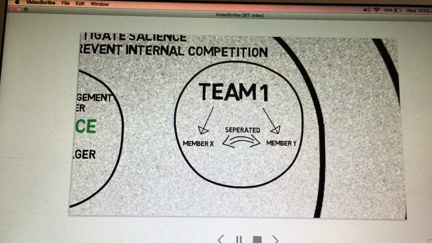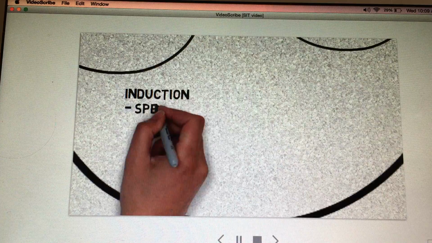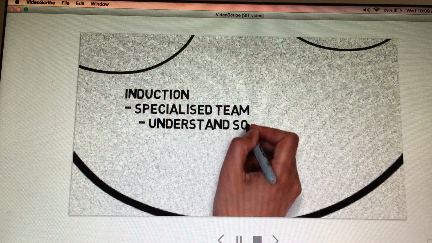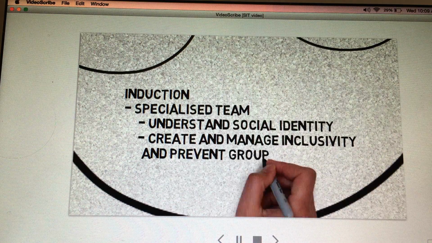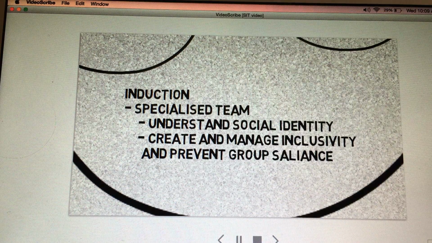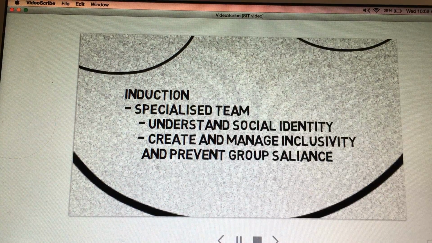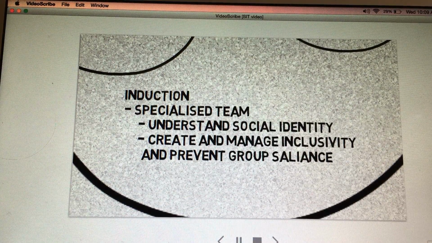This formal induction should be dedicated to a specialized team of people who inculcate organizational values as a whole to workers and encourage them to have the bigger picture in mind, this being the success of the organization rather than enhancing their perceived